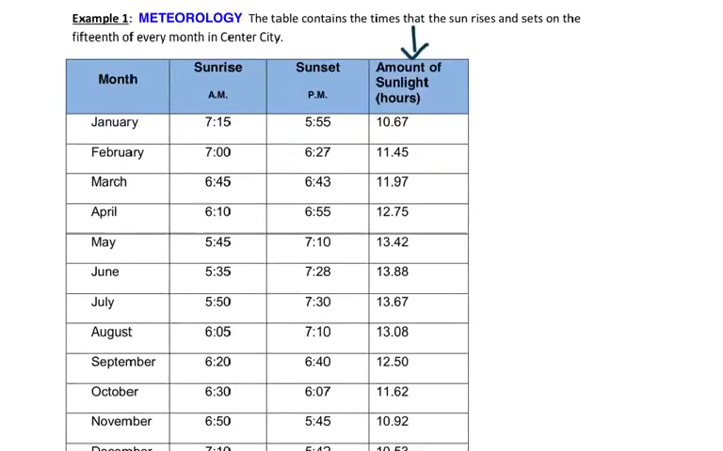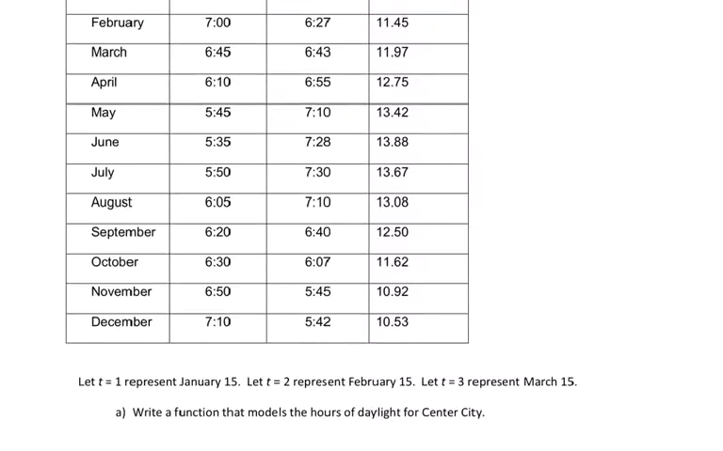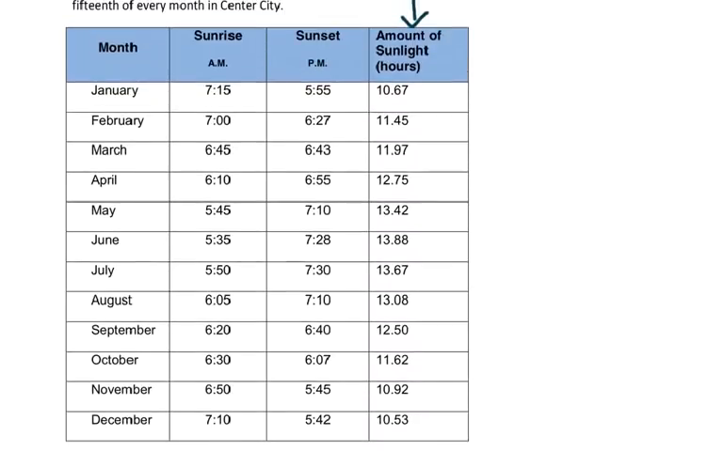What we're going to do is use this data for the entire year to write a sinusoidal function that models the number of daylight hours for Center City. Now, January is not a variable, right? So we're going to call t equals 1 January 15th. Therefore, t equals 2 is going to be February 15th, t equals 3 is March 15th, and so on. To write our equation,